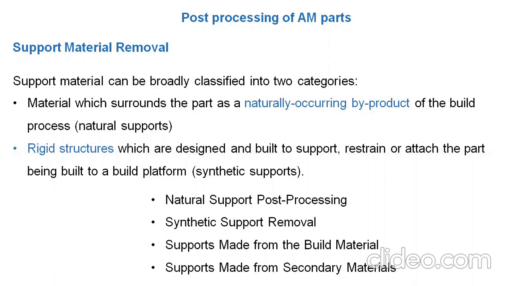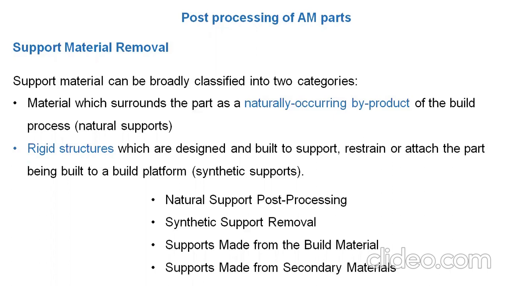Secondary material is similar to your build material. Again, the secondary material is used for a supporting purpose to provide the support to manufacture your part. This is your first step after manufacturing of your part with the help of the additive manufacturing process, we need to remove this extra material, which is known as your post processing. Post processing is the process which is carried out after the machining or manufacturing process. So this is your first step.